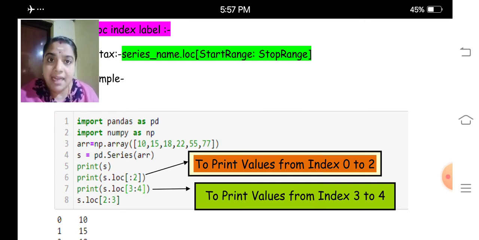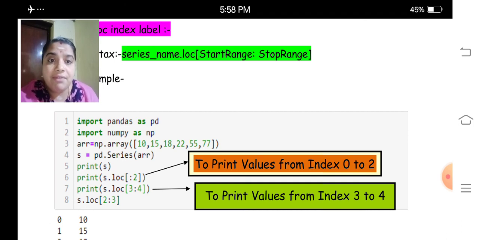That is, 10 has the index 0, 15 has index 1, 18 has 2, 22 has 3, 55 has 4 and 77 has 5. Like that you have to make a table with columns. Then we create the series. While printing S, we will get the indexes from 0 to 5 along with the original values, that is 10, 15, 18, 22, 55, 77.